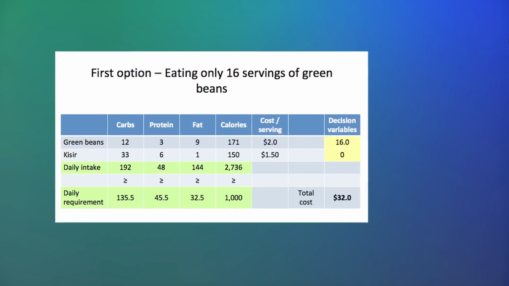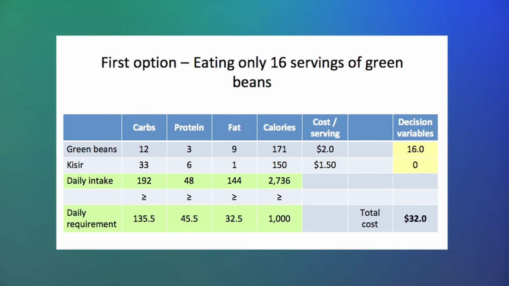First of all, what's the cost of the first option? If we were to have only 16 servings of green beans, it will cost us $32. Second, what's the nutrient and calorie intake? This option contains 192 grams of carbohydrates, 48 grams of protein, 144 grams of fat, and 2,736 calories. As seen here, even though we have the right amount of protein, we have too much of the